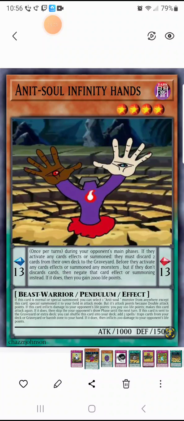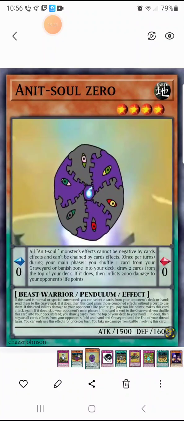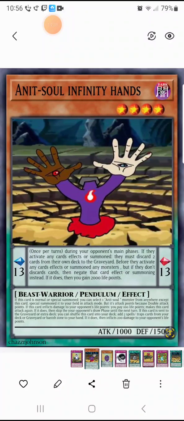If it does, then you gain 2,000 life points. So basically, this one inflicts damage to your opponent, but it also lets you draw 2 cards every turn. Yeah, this one allows you to basically say, oh, I'm not gonna discard 2 cards from my...